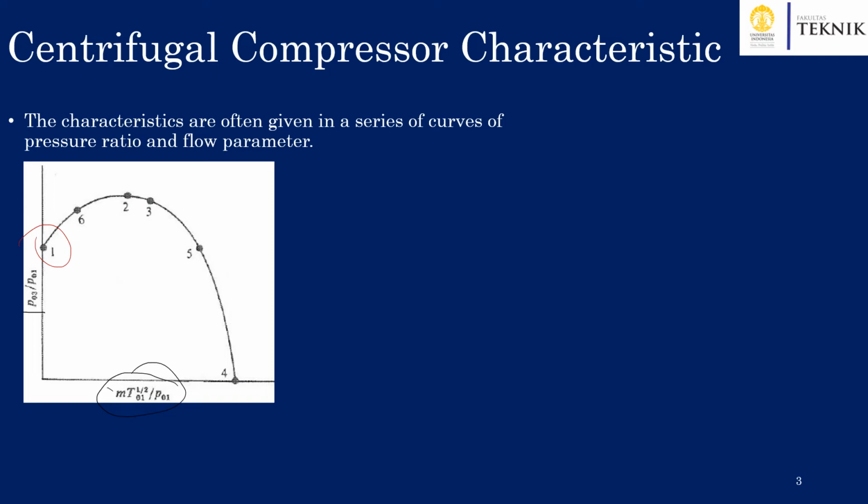So then we have the high pressure ratio here due to the valve being closed. And now we begin to open the valve, and the airflow begins and leaves the diffuser, and it contributes to the pressure ratio,